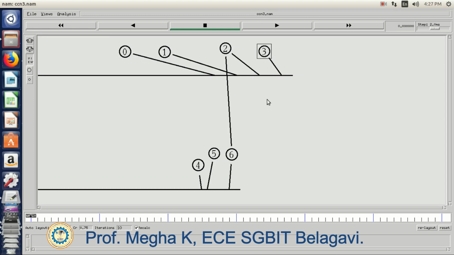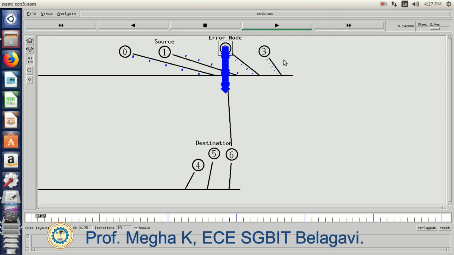When this happens, whenever node 1 accepts the packet, it will discard the packet because it is not the intended receiver. Node 3 will also discard the packet, and node 2 will send the packets to node 6. Node 6 will broadcast them to 4 and 5. If 5 is the intended receiver, it will receive the packets, and all the other nodes will discard the packet through the error model. The discarding of the packets takes place from the error node 2. We will run this code and verify that.